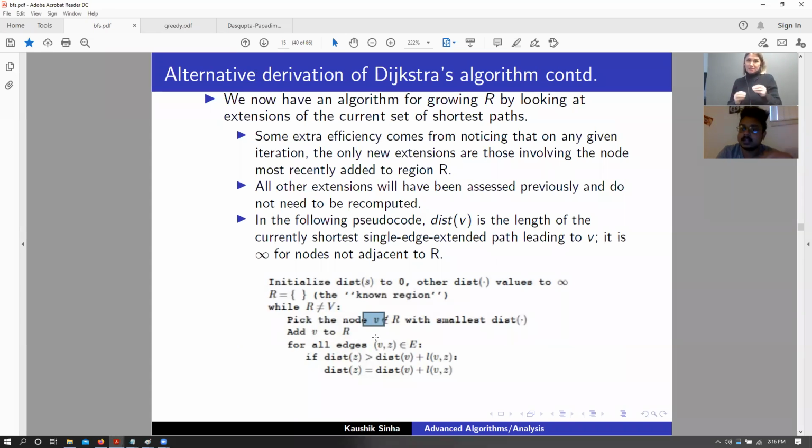But Bellman-Ford allows us to update all vertices even if we have found them before. Dijkstra does not allow us to update vertices if we have found them before. Does that part make sense? Because we are picking a node that is not part of this known region, so to speak, or this visited set of